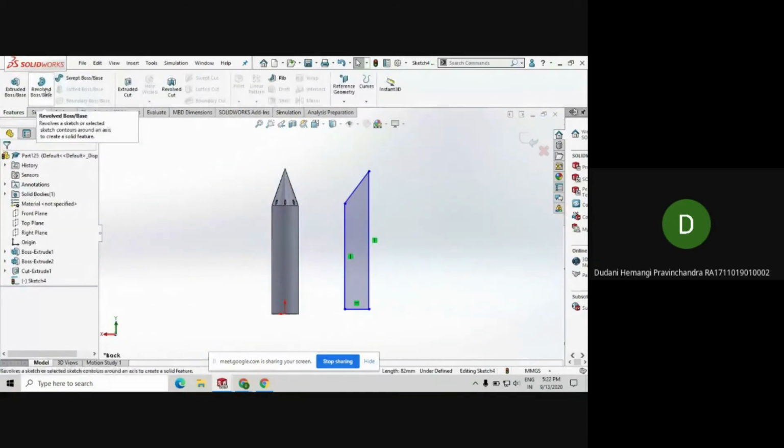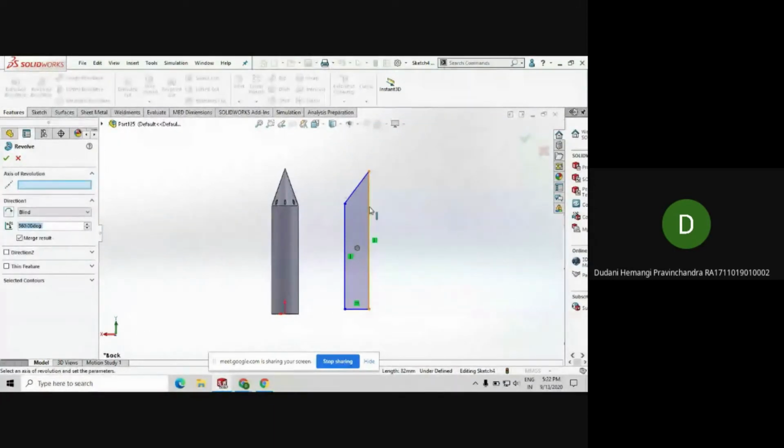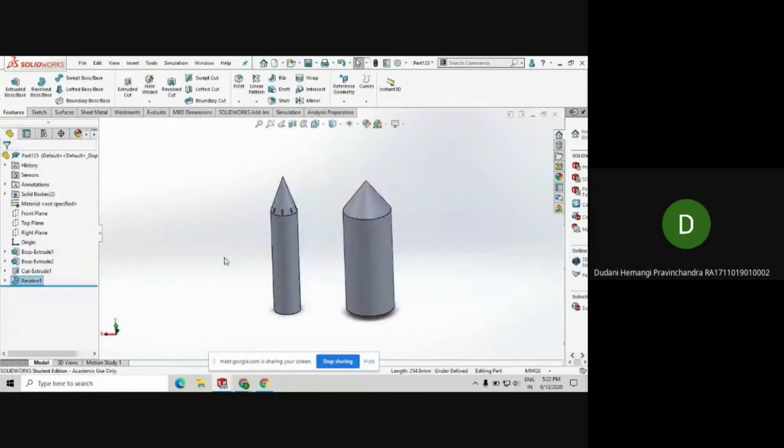There's this feature called revolve base. I will select the axis that I want to revolve it around, and it has created this solid body. Yeah, as you explore more, you can find new ways to create these parts quickly.